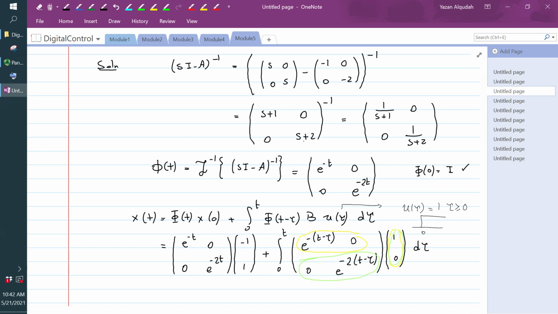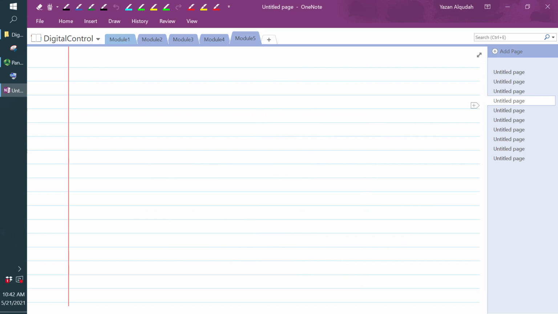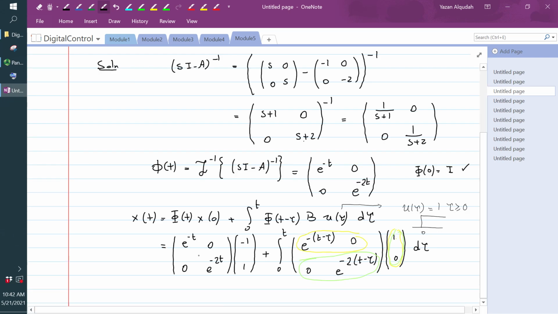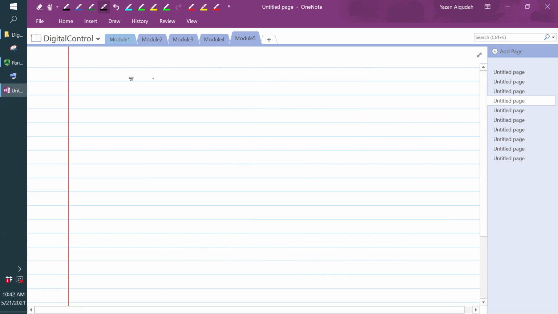Does that make sense? Okay, so continuing and multiplying the first terms, the same thing. This row is going to multiply by this column, this row is going to multiply by this column. So therefore, I'm going to get e to negative t. This is e to negative t, and then multiplied by the negative 1. And the second term is going to be e to negative 2t,